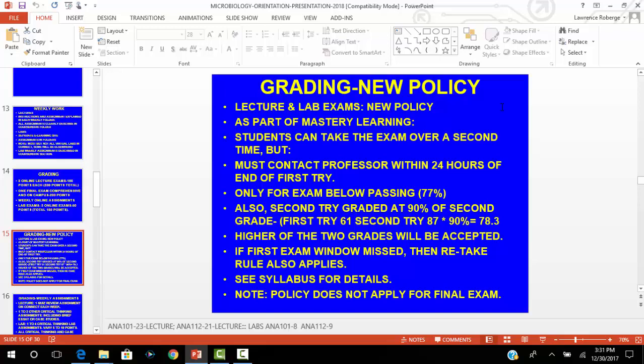Also, to make sure that you have something invested, your second try is going to be graded at 90% of the second grade. So let's say you get your